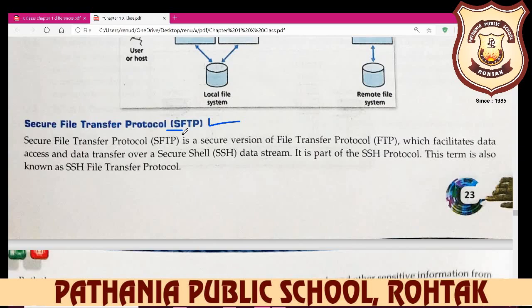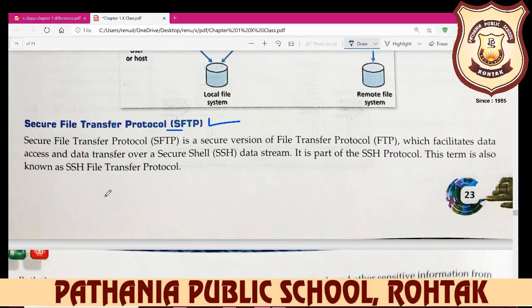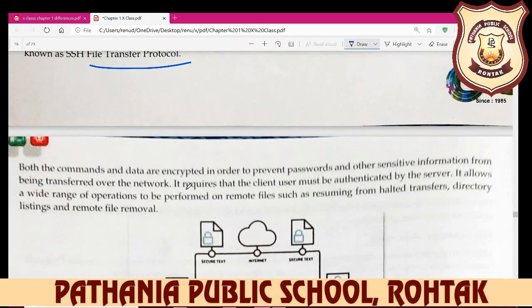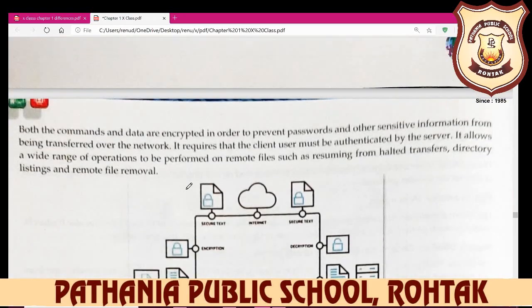Secure shell, referred to as SSH, is a method to secure remote login from one computer to another computer. This is also known as SSH File Transfer Protocol. Both the command and data are encrypted.